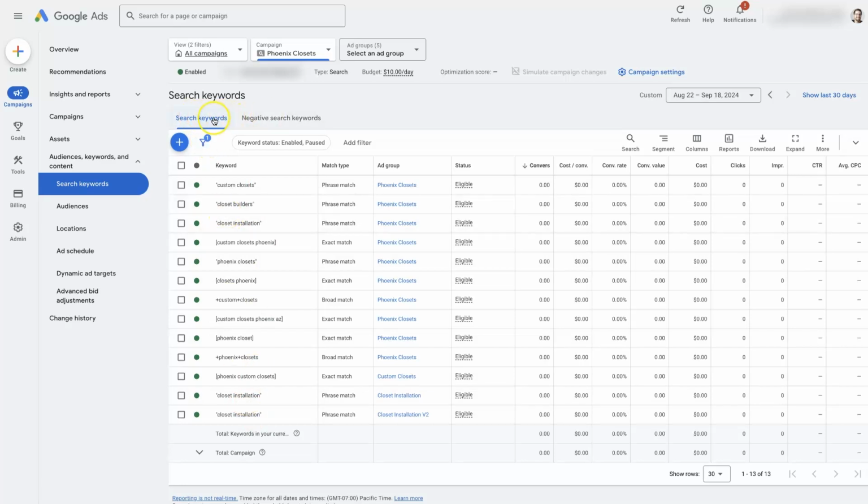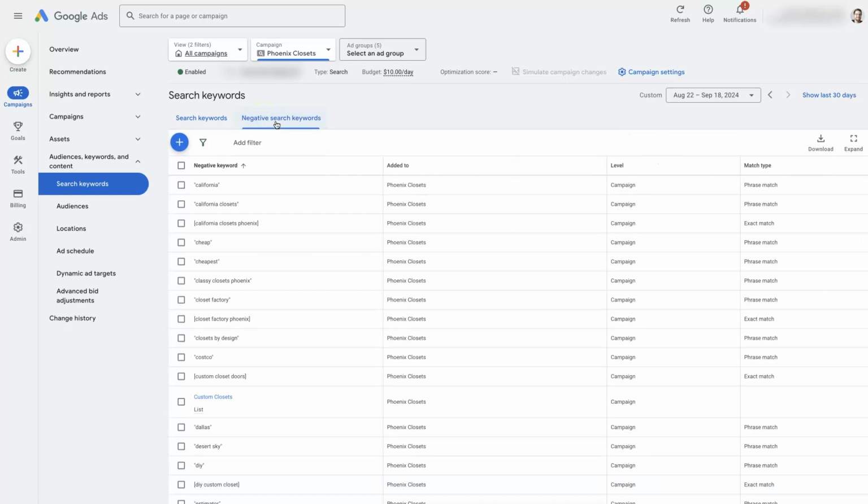And then at the top here, there's a little navigation over to negative search keywords. And here you can see that we have included stuff like California, California closets, both in phrase match right here. And then we've done one in exact match. So the way that this kind of works is